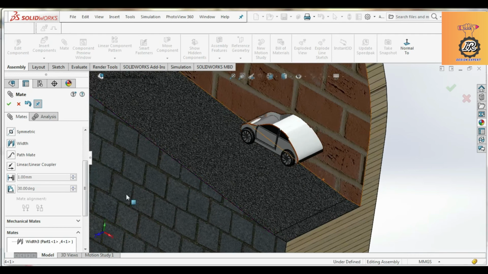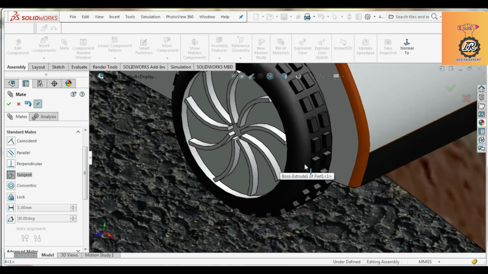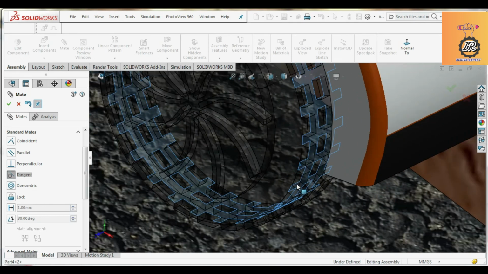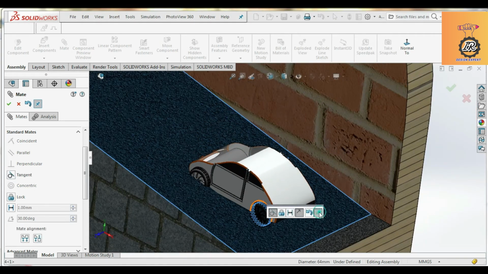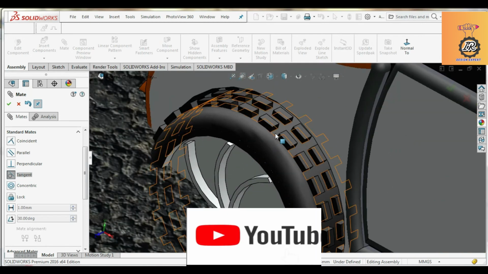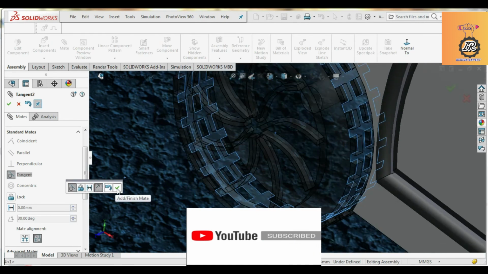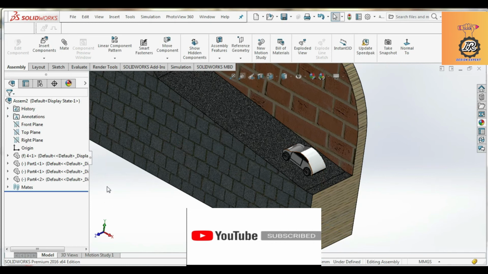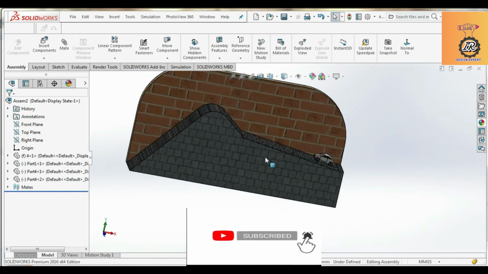Now going to tangent, normal standard mate, tangent. Select the circumference, outer surface of the wheel and the floor. Again going to another wheel, select the outer surface and inner surface, flip it, and it should be changed. Okay, it is mated. Now it is fixed at the center location.